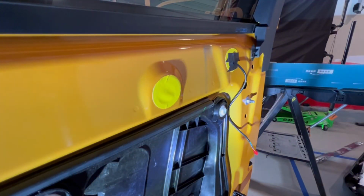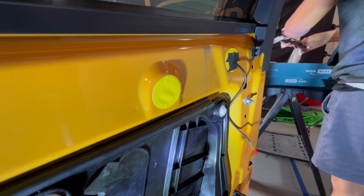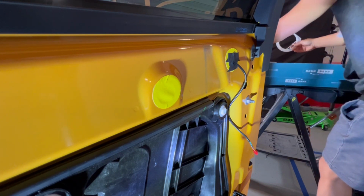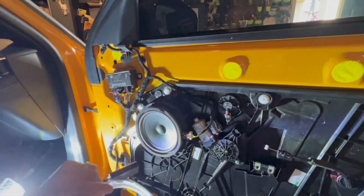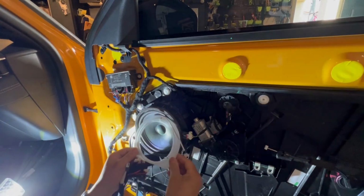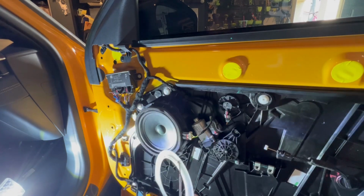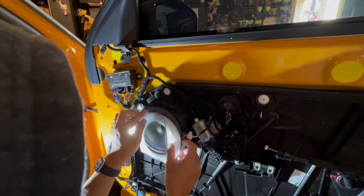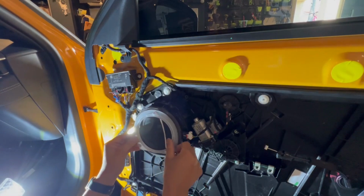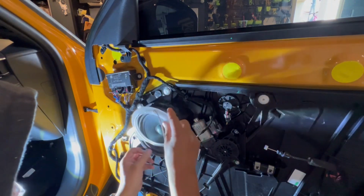So that's one. And if you are also doing the lighting, for instance, if you want to put one of these right here, which we did not do, but you can. So the LED strips on this side. So what you do is you remove the speaker and you essentially, you don't have to remove it, I apologize. You basically are just trapping this piece here and making sure that you are able to